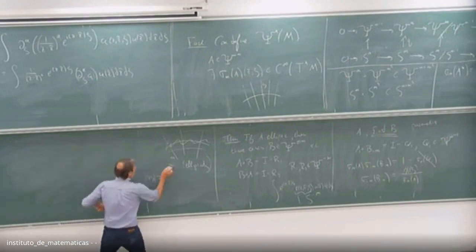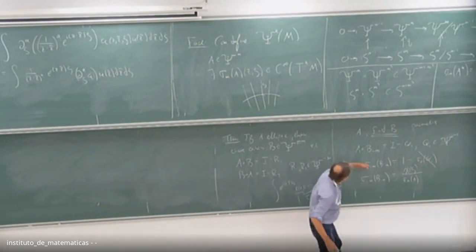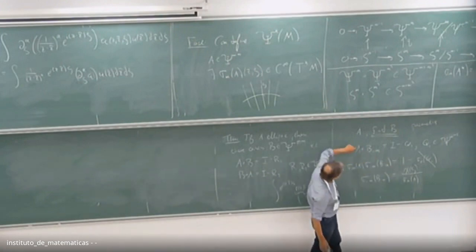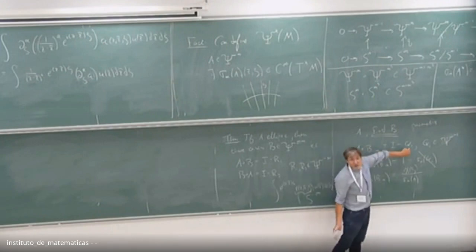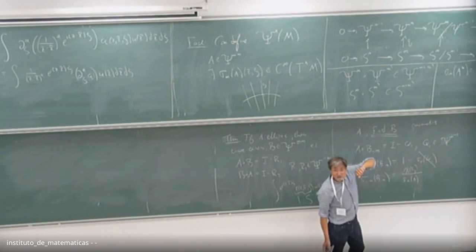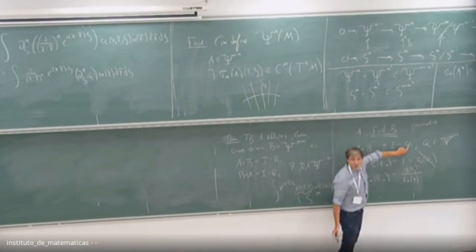So what I've actually done is solved this equation exactly at the level of symbols, which means that if I lift it to the level of operators, the remainder term has to be of order minus 1. That's exactly the null space of that short exact sequence. So what that means is I've solved this up to an operator of order minus 1.